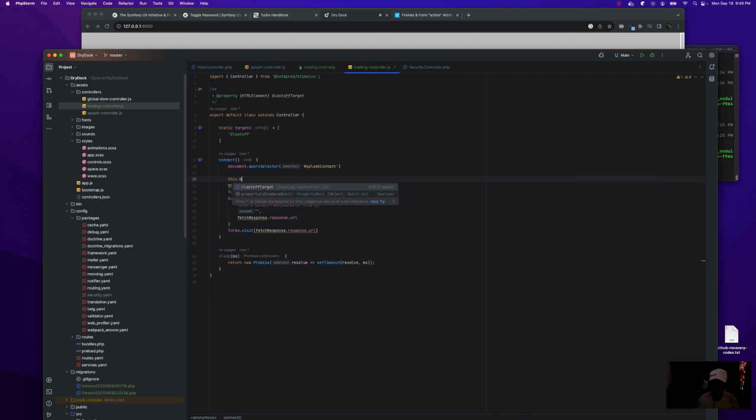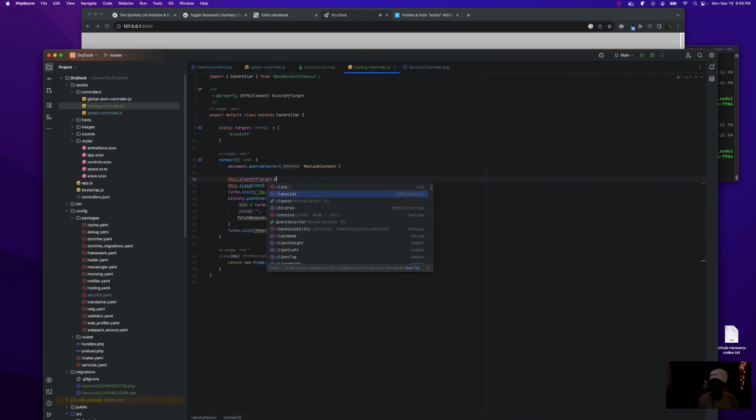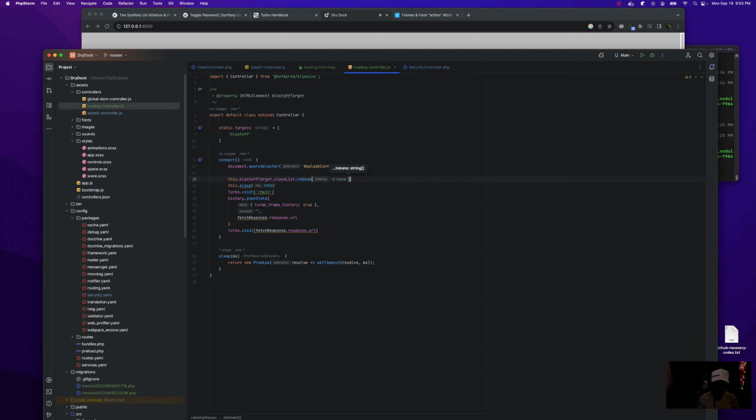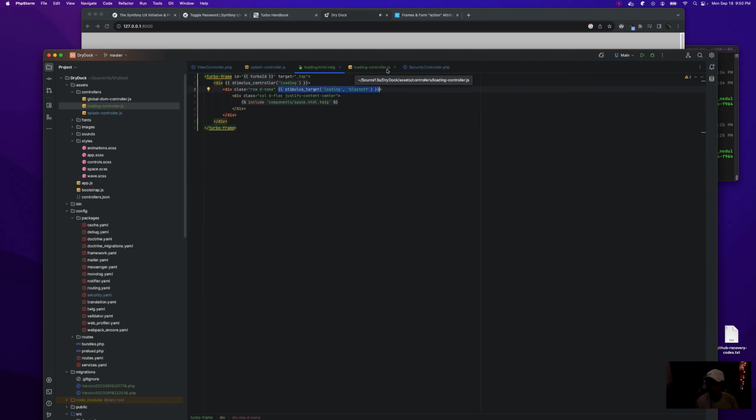So then we go this.blastOffTarget.classList.remove the none. Cool. And we're basically hiding, well, we don't want to hide our own turbo frame, and that could happen here.